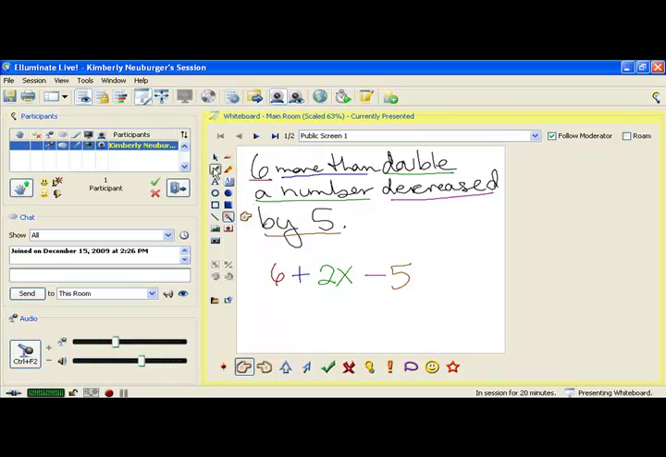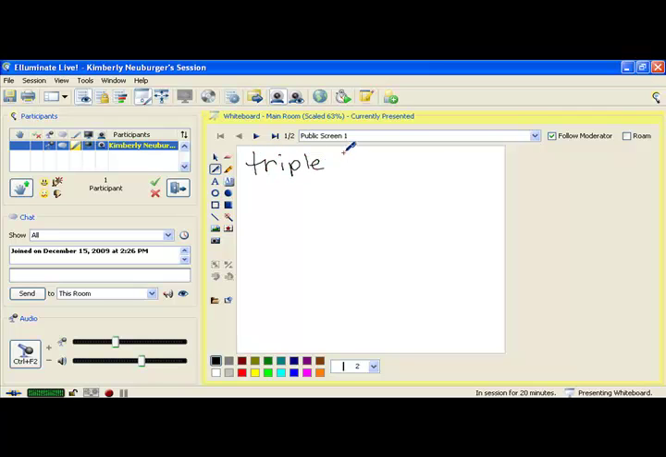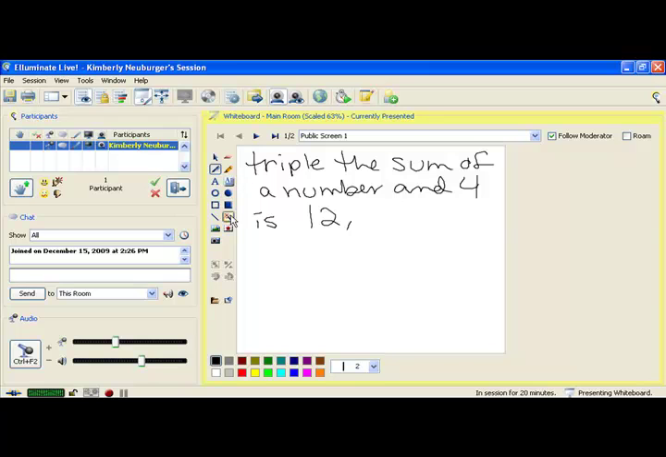Now let's do one more and see what it looks like. So how about if we have: triple the sum of a number and 4 is 12. Now, if we read this, the first thing that I'm coming to says triple, and triple